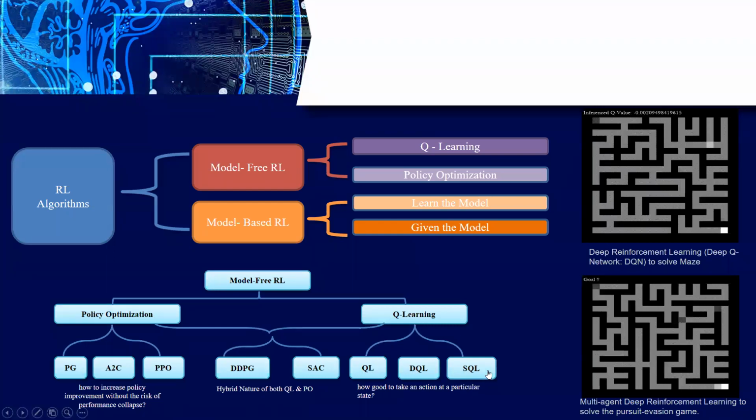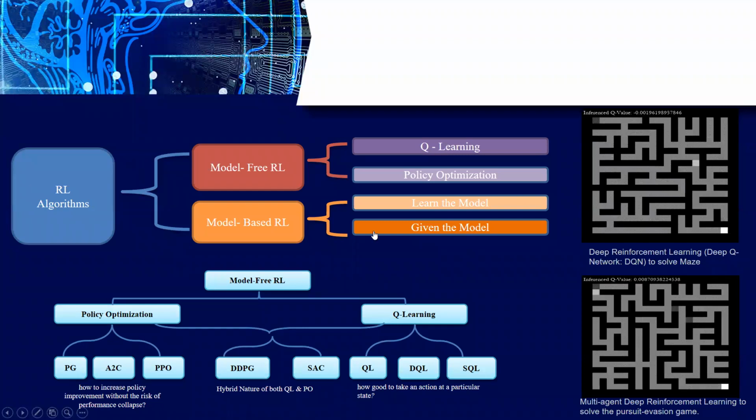We have different algorithms. Again, we have some hybrid algorithms. You can see here, they have the nature of both policy optimization and Q-learning. So we have deep deterministic policy gradient and the soft actor critic algorithm. These are some advanced algorithms, and they can provide high accuracy. But again, the problem is that the complexity is very high for these algorithms. Any doubts here? I think you will have more doubts, but just try to understand there are so many algorithms. We will concentrate on at least one or two during our lab session.